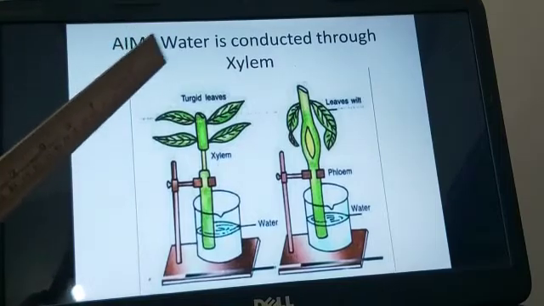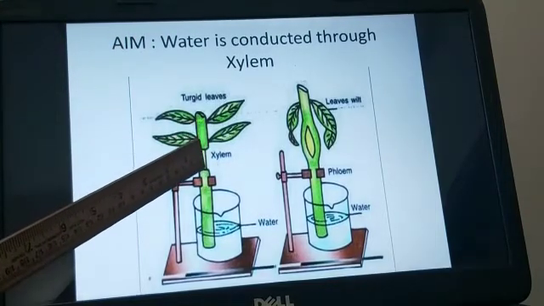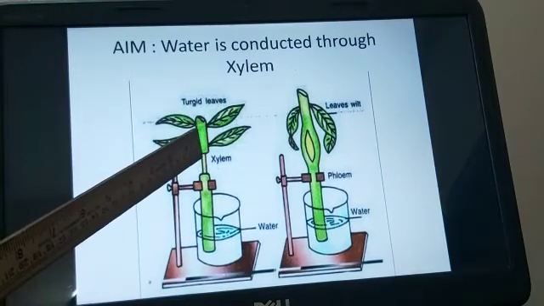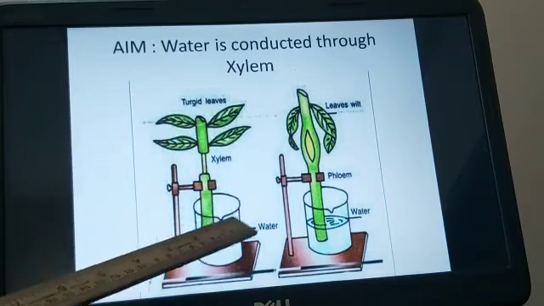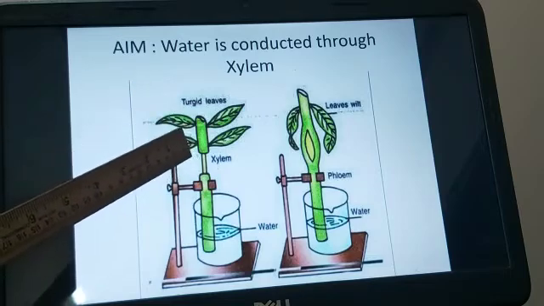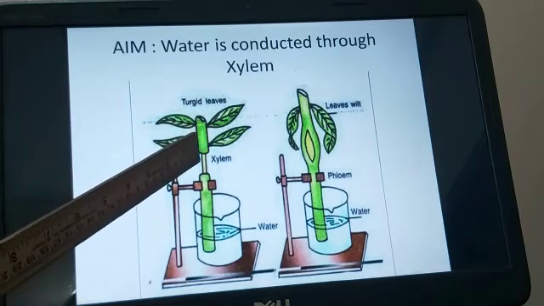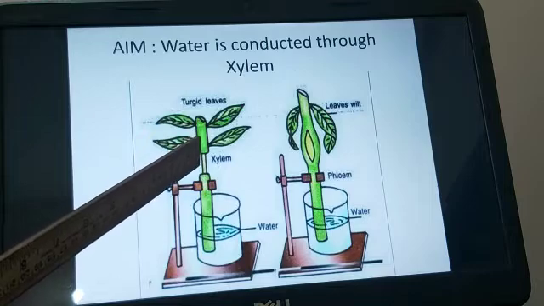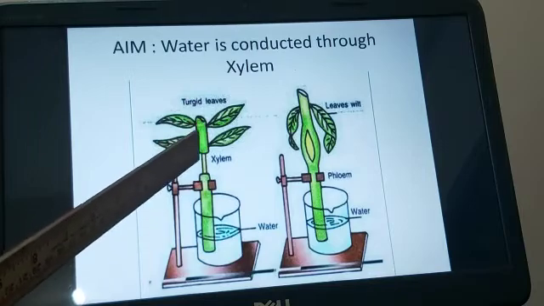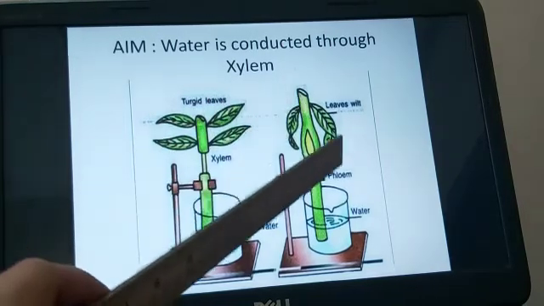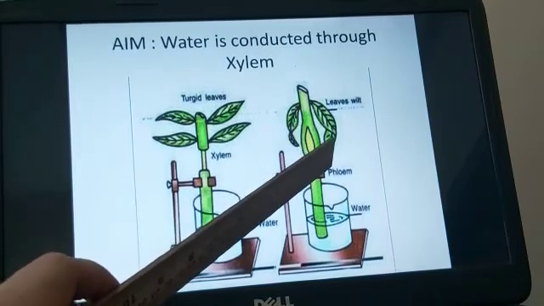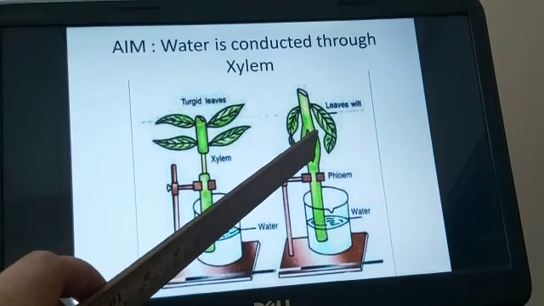Now here, as I told you just now, xylem is present in the center and phloem is present in the periphery. That is, after xylem in the structure you have the phloem present. So you have to take a small herbaceous plant, and here you are seeing that the stem is cut in such a manner that the xylem vessel is intact, whereas the peripheral extra part of the stem is cut. And you have to take another plant in which the middle part is cut, whereas the sides are left. Means the phloem is intact while the xylem is cut here.